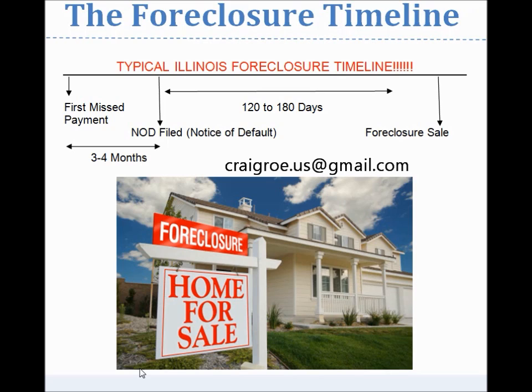This is referred to as a lis pendens. A lis pendens is recorded in the recorder's office, so it is public knowledge then that the lender is about to start foreclosure proceedings against you. Once that is filed against you, you will receive a summons with the court date on it.